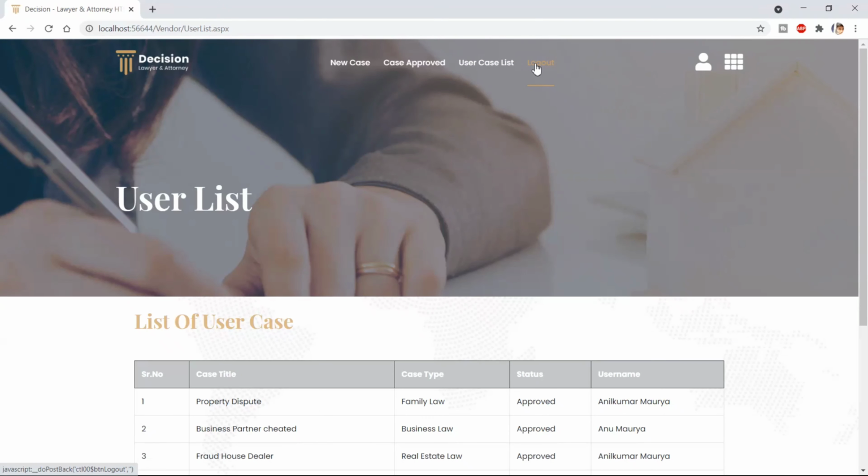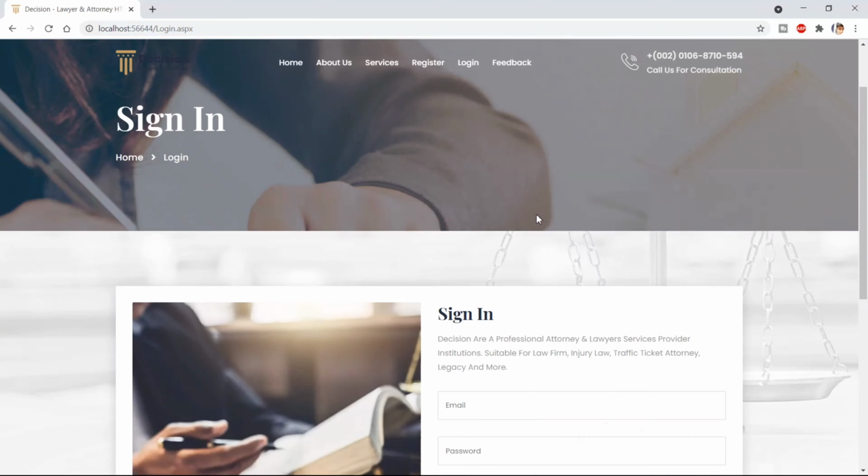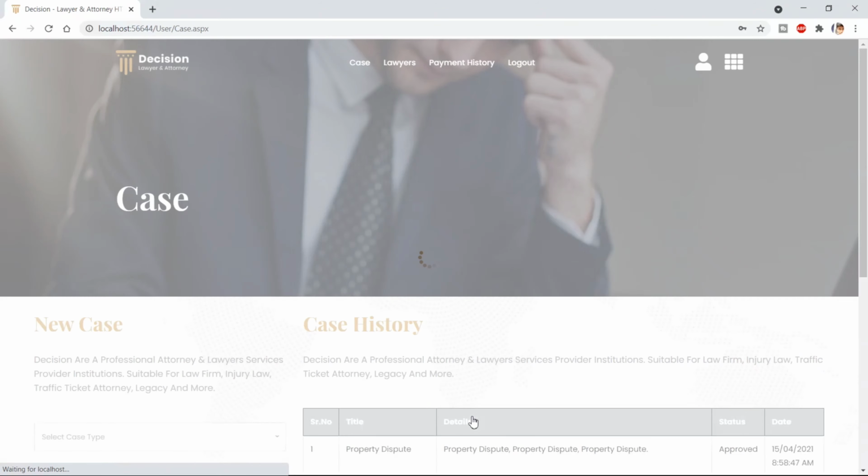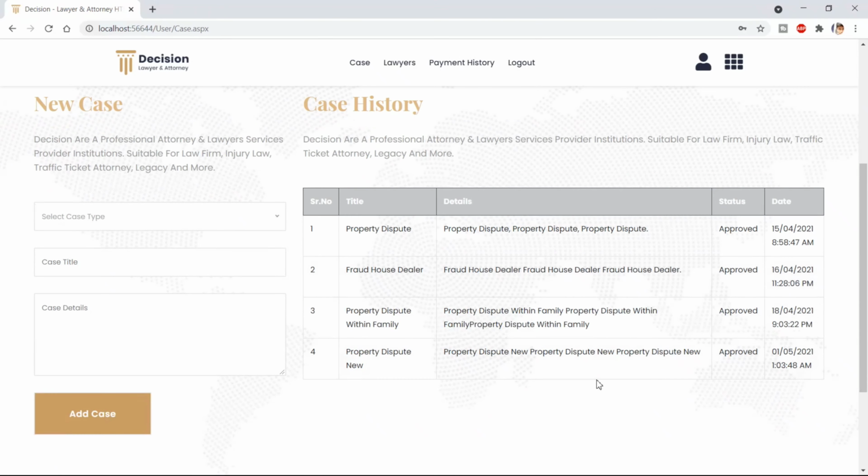Now log out and let's cross check with the user email. You can see the status of the case has been approved.